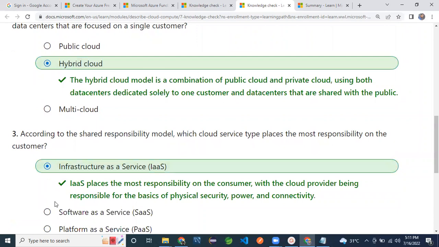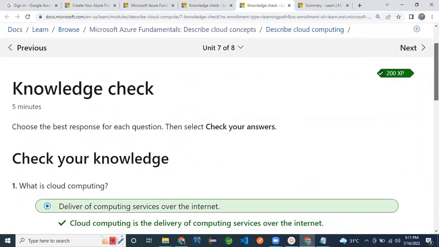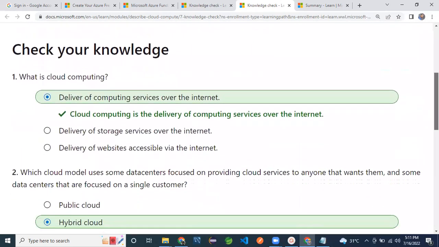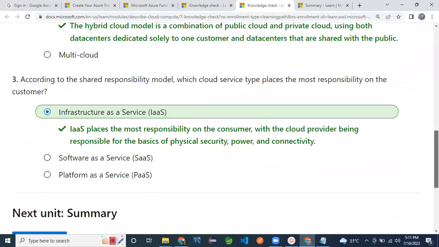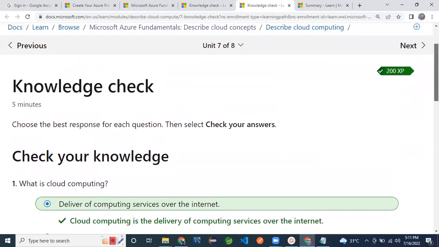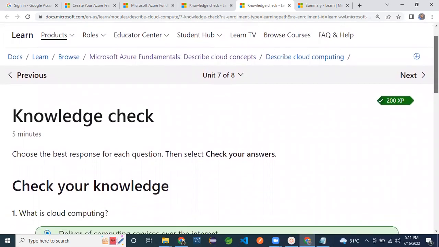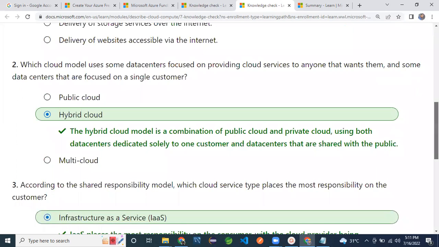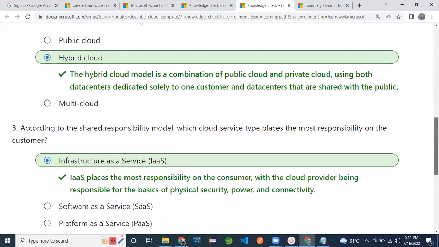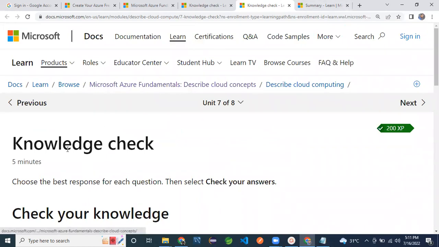If you check the answers and you are perfect, you will be confident and feel that whatever you studied in this module, you are prepared perfectly, and whatever you understood is right. If you are wrong, you can cross-check here, go through that module once again, and come back here to check your knowledge.